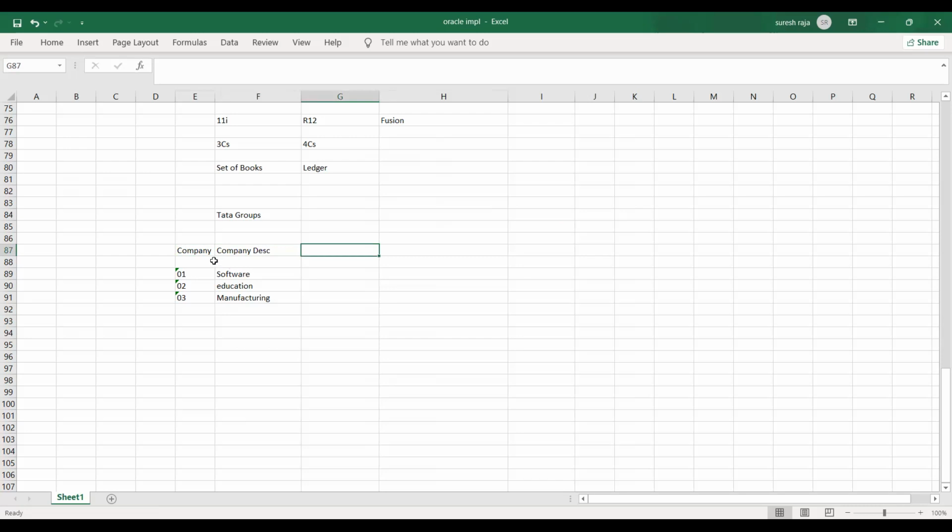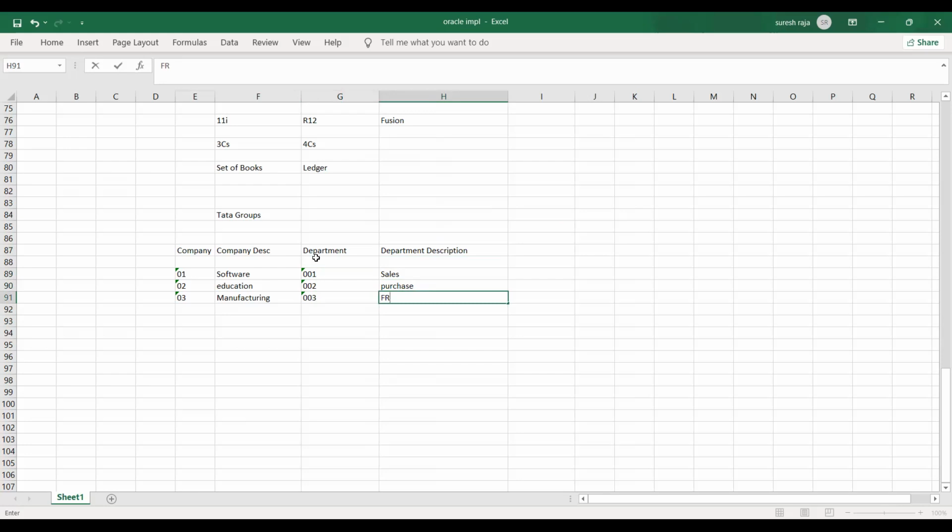So I want a company. Any company won't run without departments or cost centers, so I make a department. I think the company will have many departments, so I'll have up to 999. I'm having sales department, purchase, HR, like that.